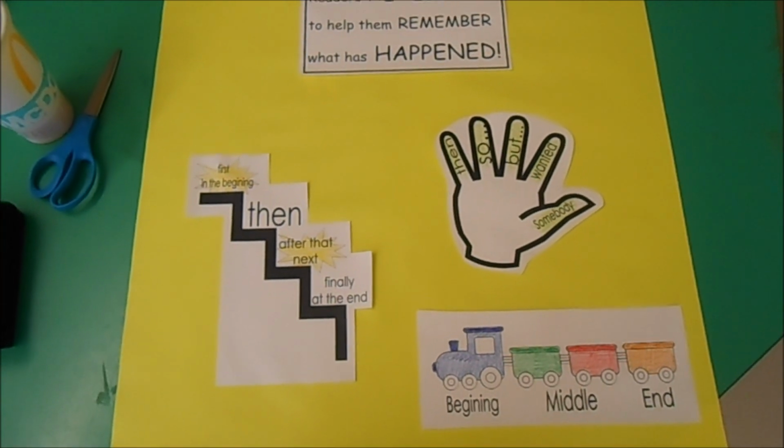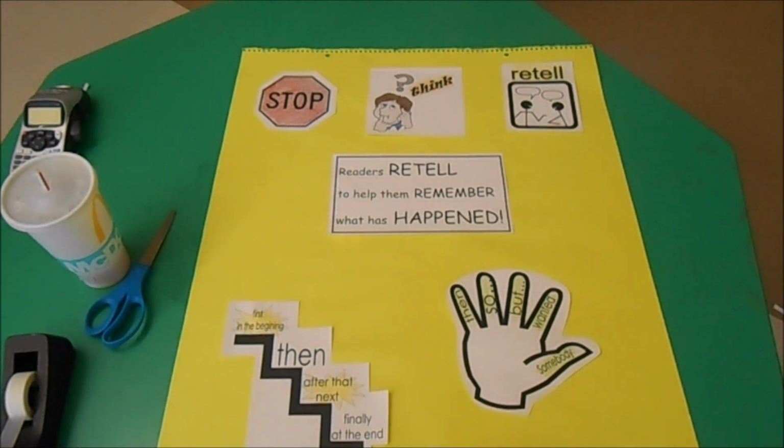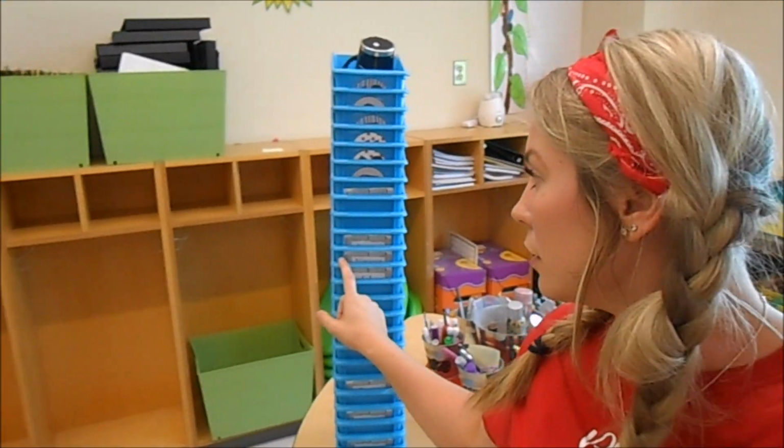Most people are visual learners, so here's an idea of how you could make a chart. To the point of feeling like you have so much to do that you just don't know where to begin. That's what I'm feeling right now. So I've got the laminator on. I'm about to go laminate my charts, and I think the next thing I'm going to do is these tabs